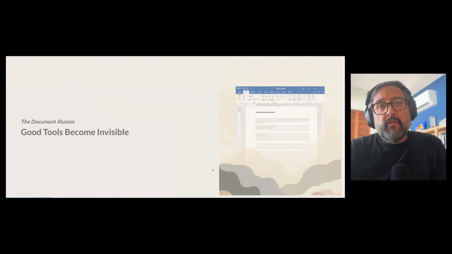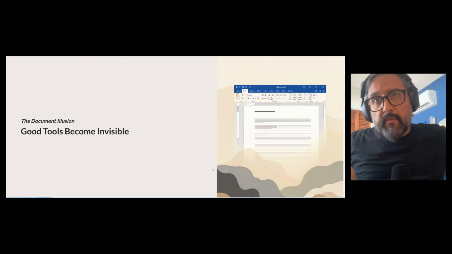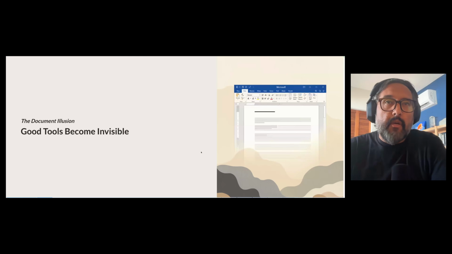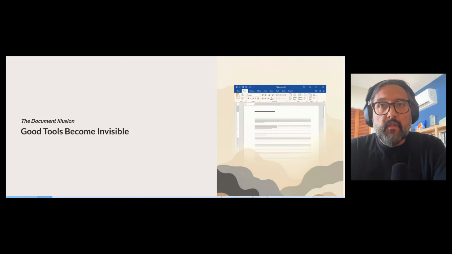But just think about that experience of editing the document. What do you remember about that experience? I don't mean about the contents of the document, of that last document that you were working on. I don't mean your ideas. I don't mean your research or your notes. I mean the actual experience of editing that document with one of these applications like Google Docs. You probably can't remember much about it, right? And maybe you've never even thought about it. And that would actually mean that these editors are working as expected.